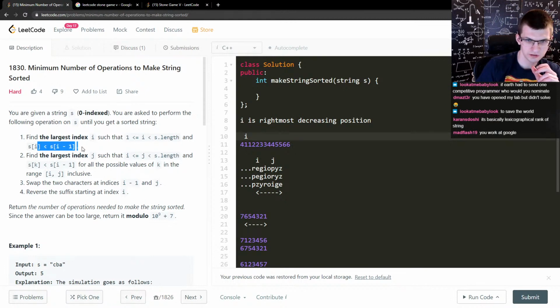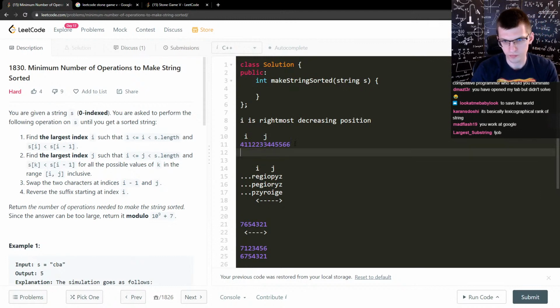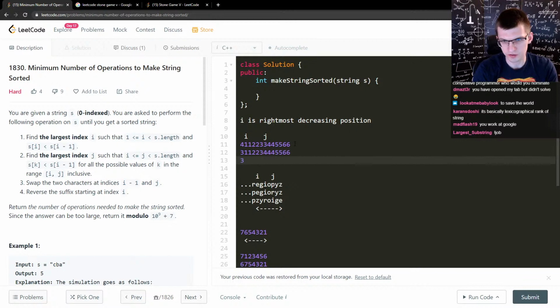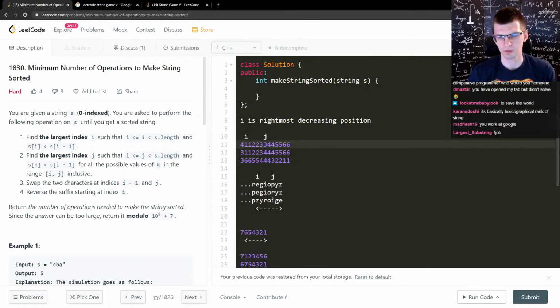The character is smaller than the previous one. Okay. Now find the largest J such that everything up to J is smaller than this one. J will be here. And then reverse. In one operation,